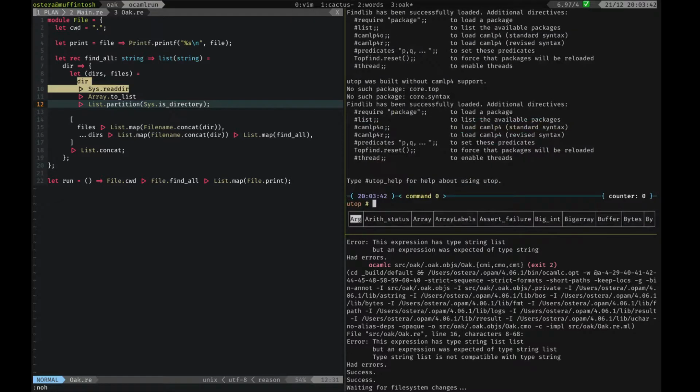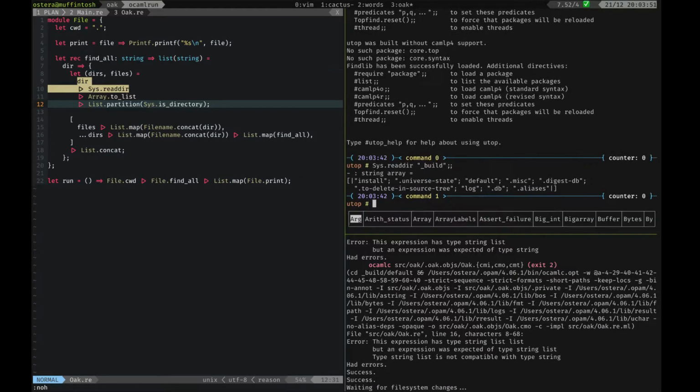So we can confirm that by essentially calling read there, right? And saying, give me the files inside of build. There you go. And that kind of makes sense. Why? It makes sense because we are losing the information of what the directory where we called readdir is before we partition. And I think, if I'm not mistaken,